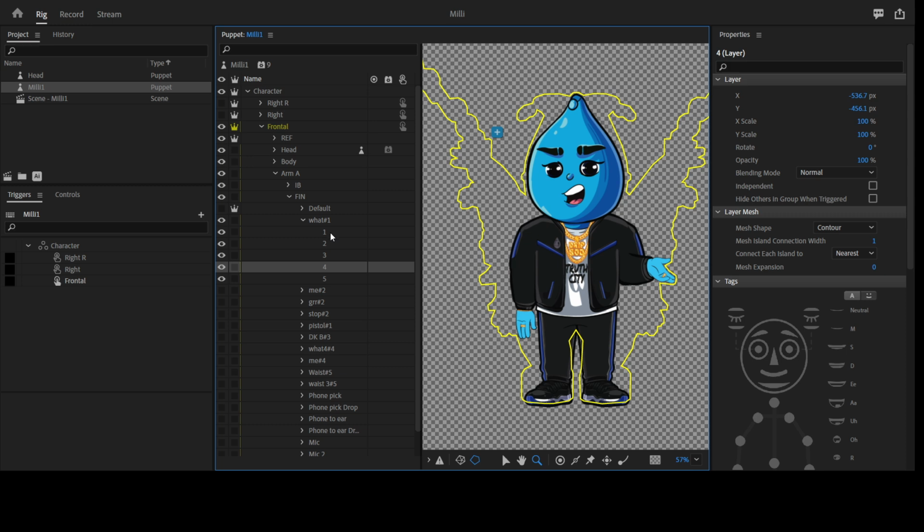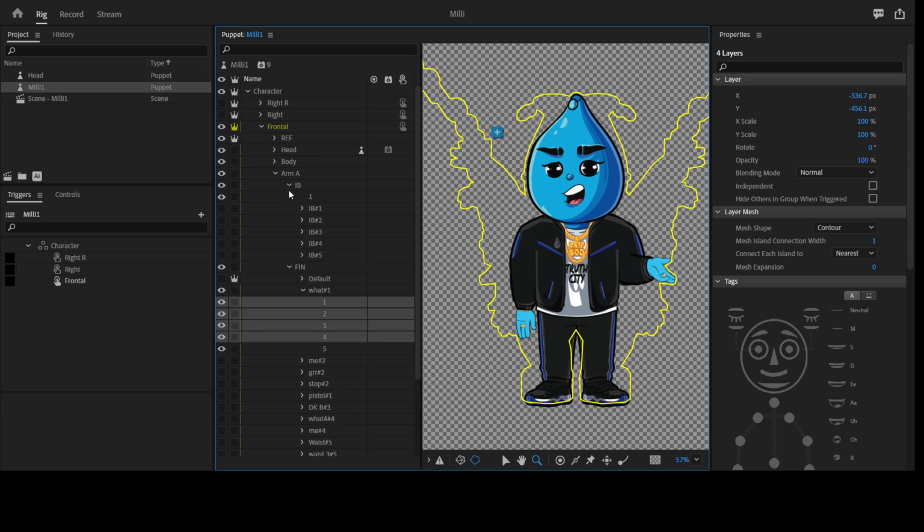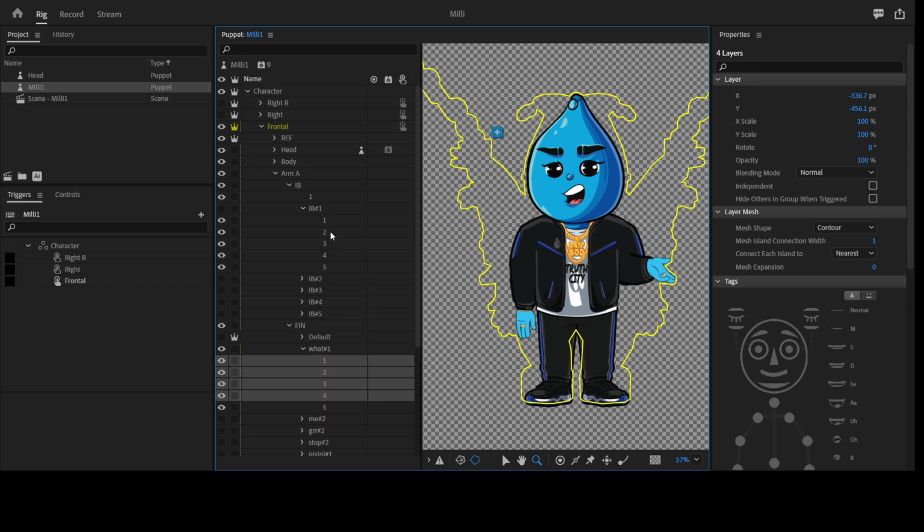And these are supposed to be the in-betweens. So now when I come to, and if you notice there's a "what" here, and then there's #1. This is for me to be able to reference that the in-between that is meant for this action, this layer, the in-between is a #1. So if I come to my IB here, you will see that I do have an IB #1. So it means this IB here has 5 frames just like this one, but now in this case this is